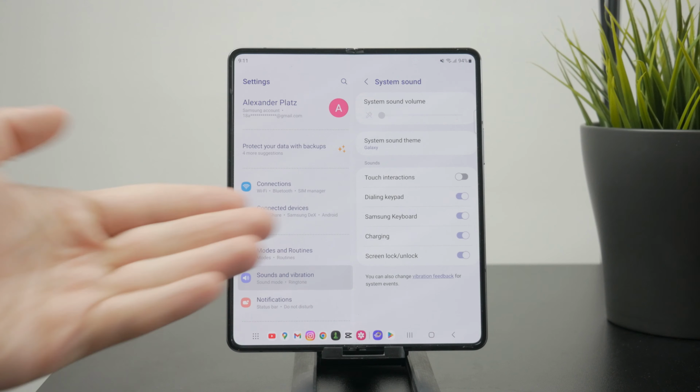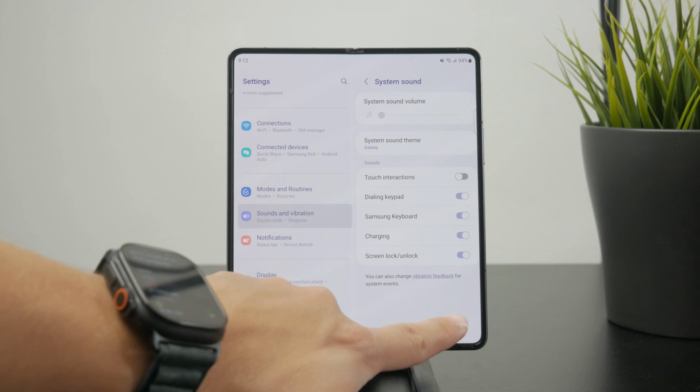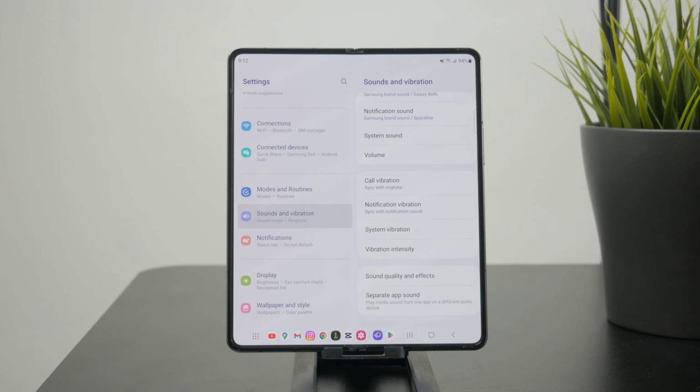So not only you enable the mode, but you can also switch in between some different options, right? So you can just completely separately pick the volumes for ringtones, media, system, and notifications, and all of that can be managed right here. So I believe that it's just much more useful and it gives you a deeper layer